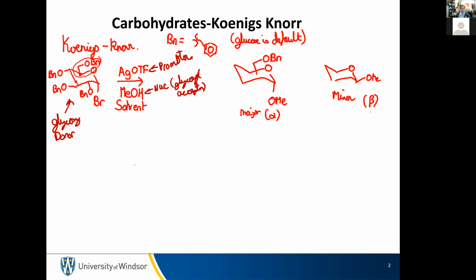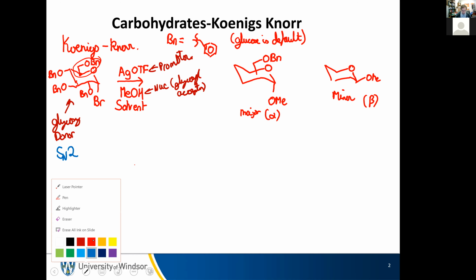If you go back to first year organic chemistry, whenever you took it, we can consider that there are two possible mechanisms that could be occurring here. We could have an SN2-like mechanism. So in an SN2-like mechanism, what we would expect to happen